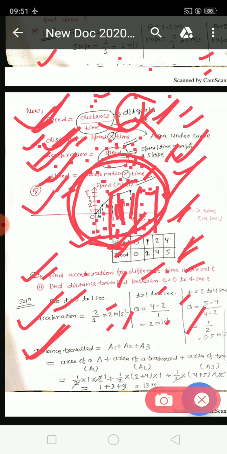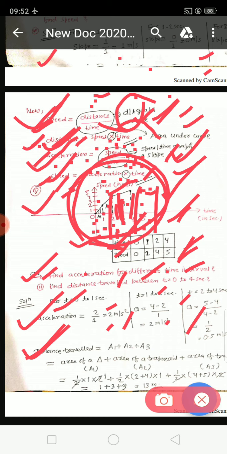So you first try it yourselves, and I will explain it in the next lectures with a fresh example. I will take this example only, and tell you what the acceleration is and what the distance traveled is. So draw this graph and try to find the slope of the line and the distance traveled, and I will explain in the next chapter. The slope of the line of the speed-time graph will give you the acceleration, and the area under it will give you the distance, as it is a product term here.